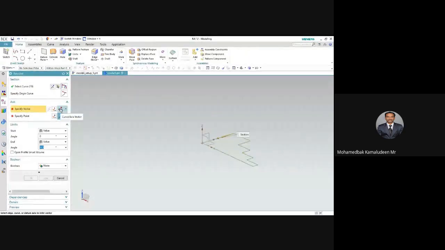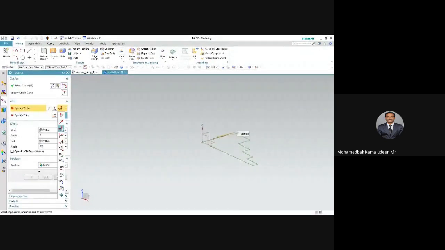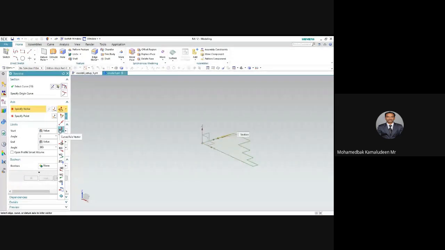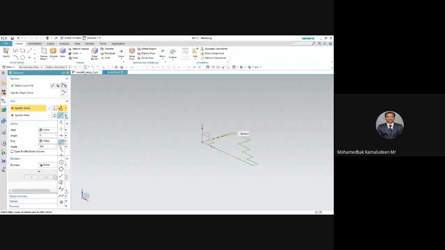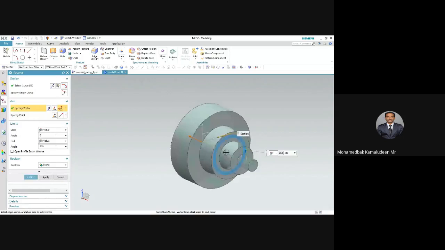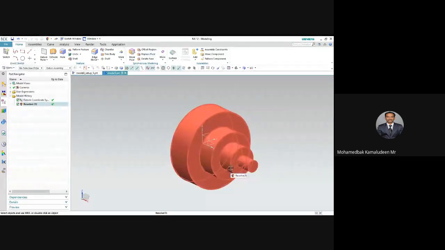So now select the axis. Please select the axis carefully. Whenever there is an infrared vector or some other X, Z axis, we need to select the axis vector and select the end point, because it is rotated up to 360. No need to select any other point. Select the end point and select the axis. You can get the revolve command, and you get the circular plate, a circular part object.